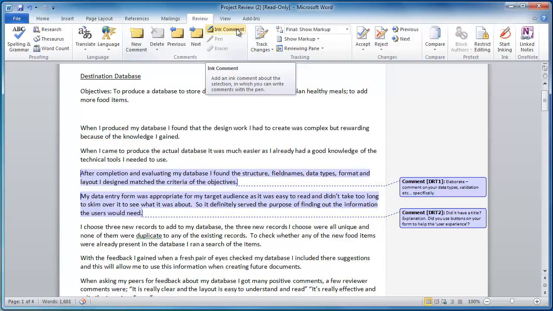So again, I found this to be a really good way of giving very detailed feedback to students, knowing that the feedback won't get lost, it's intact, and we've got a full audit of the commentary that's in place that students know how to access and then can use this